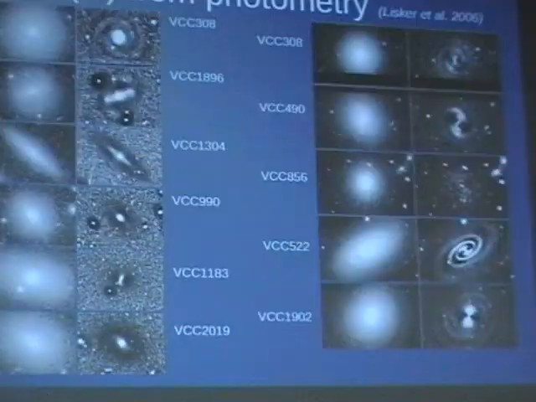Here's just unsharp masking, and here's the subtraction of the symmetric model, just to enhance the spiral arms. This was the technique by Jürgen Binggeli in 2002 when they discovered the first spiral in IC 3328. This is CA56. Can you trust this sort of inner bar that appears in the disk? Well, it doesn't mean that this is a real bar, but this is what you get when you